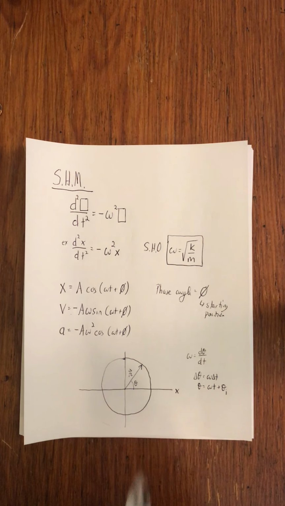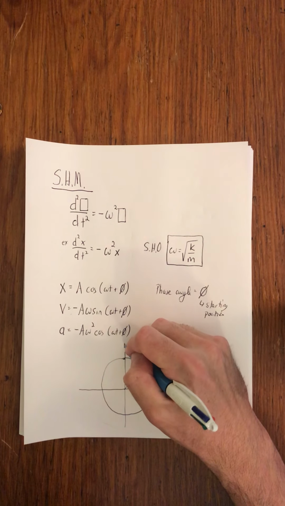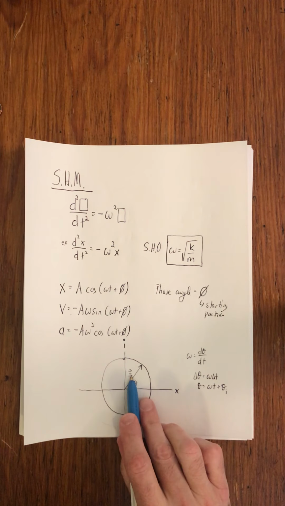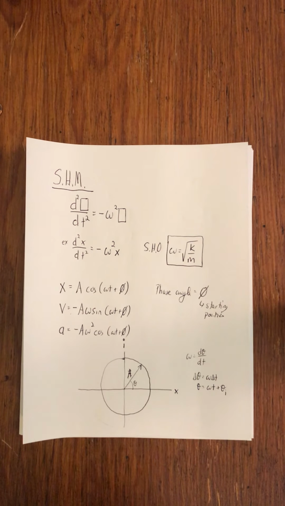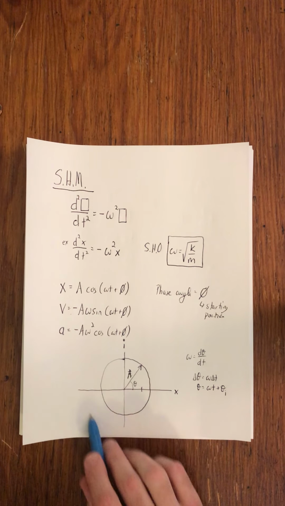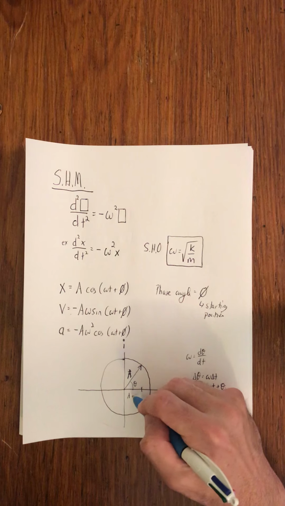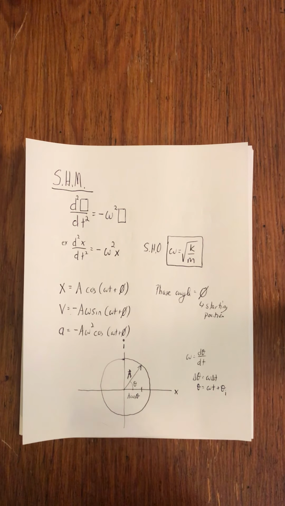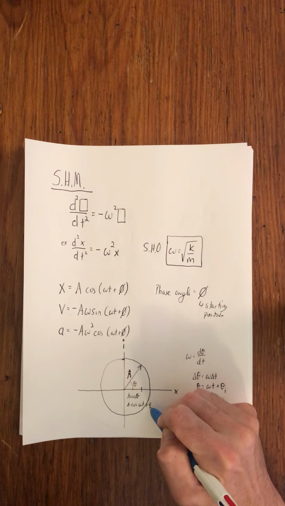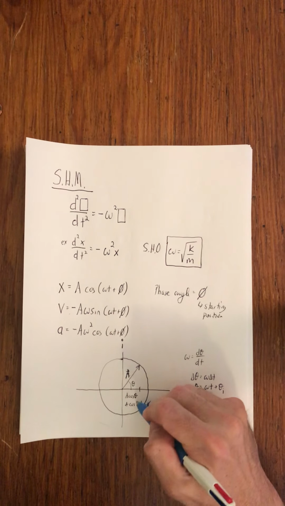Right? Because simple harmonic motion is actually a circular motion. Ready? Let's say that this second axis is the imaginary axis, and that rather than a y component, we have an imaginary component. And rather than calling this r, we call this a. Notice here, what is the x component of this motion? Well, the x component here would be a cosine theta, right? And if our theta is equal to omega t plus some sort of initial angle, phi, we get the